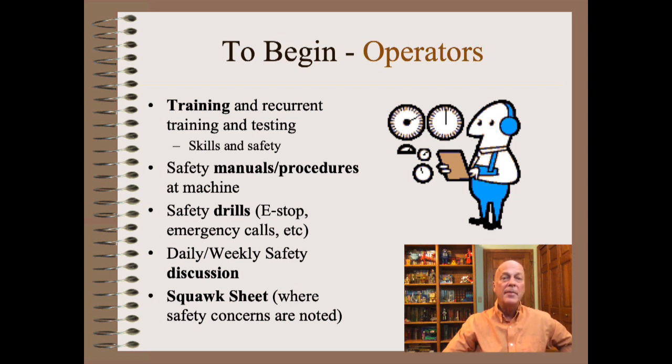Safety manuals and procedures are sometimes provided by the machine builder. If not, an engineer teaming up with a lead operator should write them up. This should cover LOTO points and procedures for that machine as well as how-tos for common operations such as threading and slitter blade changes. Manuals should be available at the machine, and the contents in those manuals would serve as the subjects for recurrent testing.